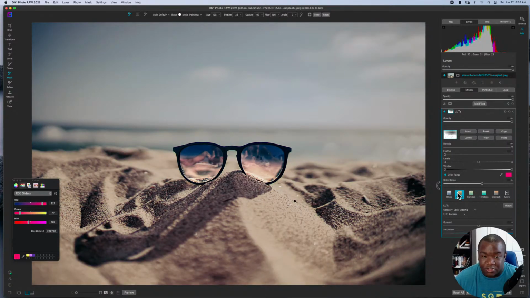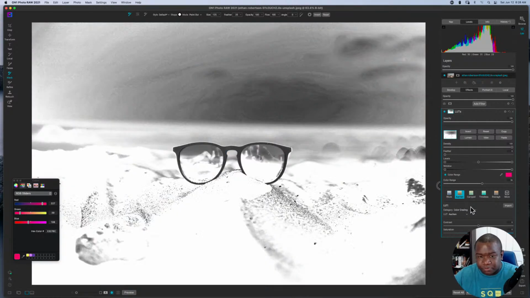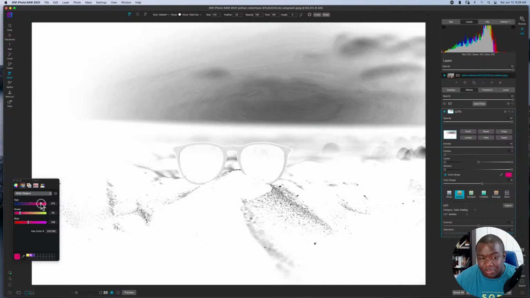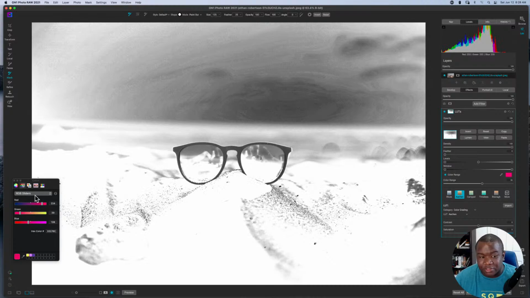And that's essentially what we're doing here, right? We're just trying to find the color value, apply the color to that value. If I hit O, it brings up the mask, and you can see where all of that is going. And then the cool thing is, while you're working in the mask, you can literally just move around your sliders and figure out where you really want that to be